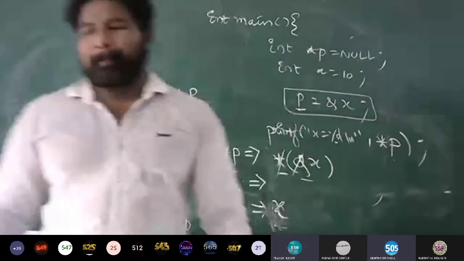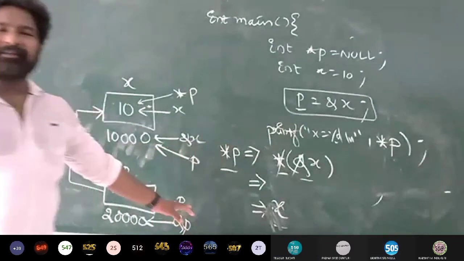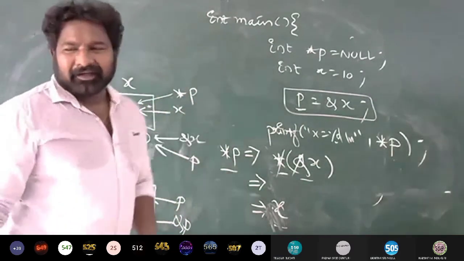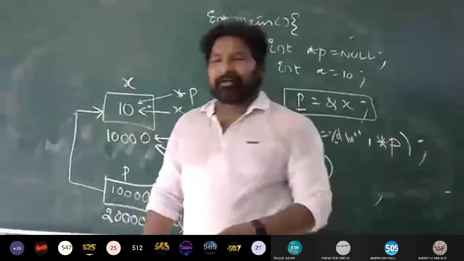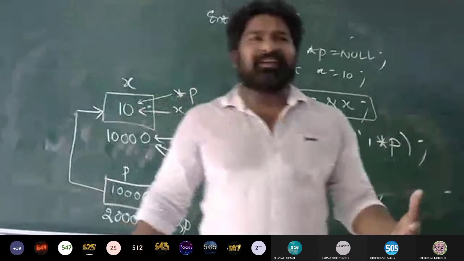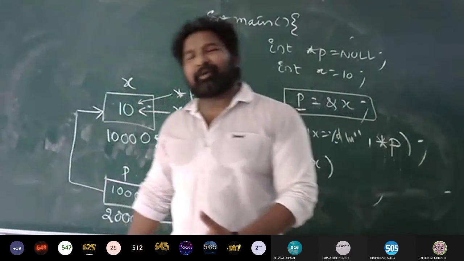So this is a simple introduction to pointers. Now, another concept: the various arithmetic operations you can perform on pointers.